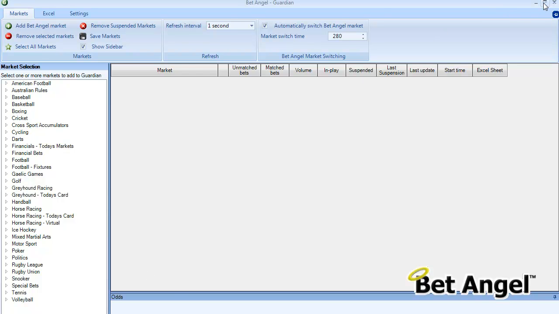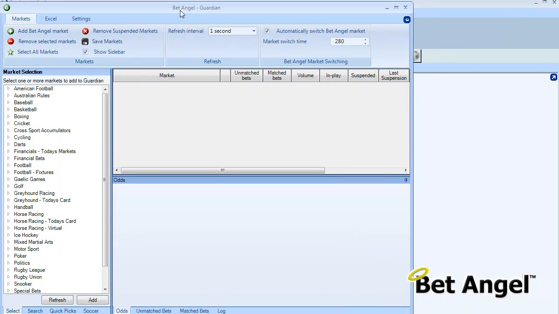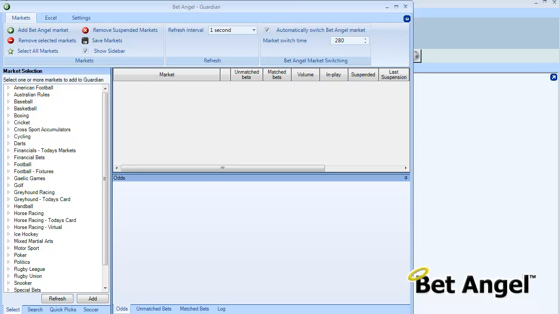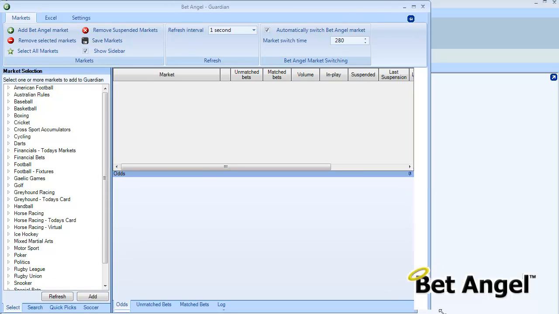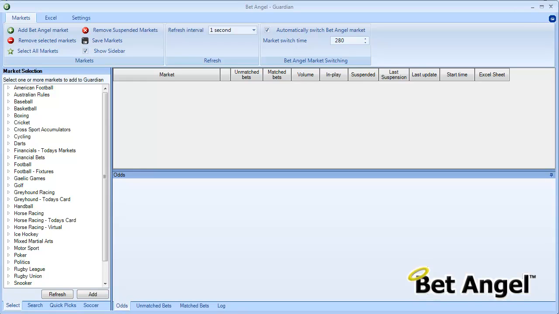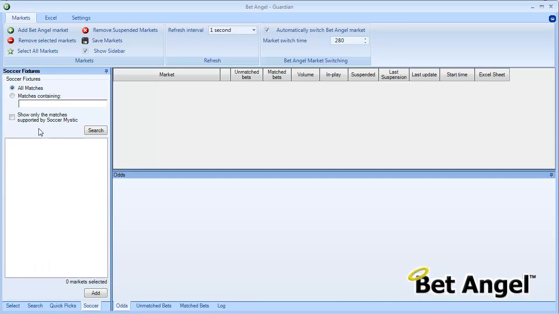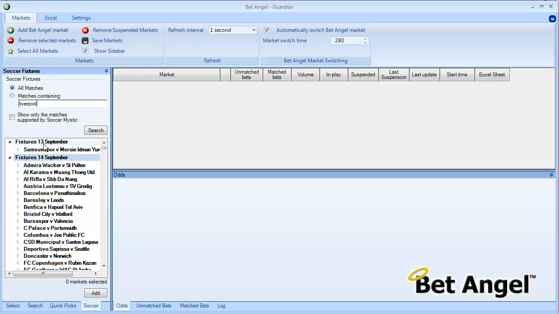In fact, let me resize this quickly. I'll just pop this in the corner so that you can see the full extent of what I'm doing here. You can see down here we can select as normal, search, quick picks and so on, but there's also a soccer tab. So if you click on soccer, you could search for individual matches in the same way you would do normally, and you can see here it's got a range of matches